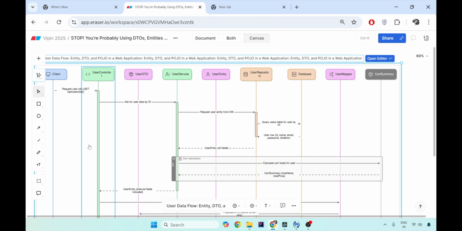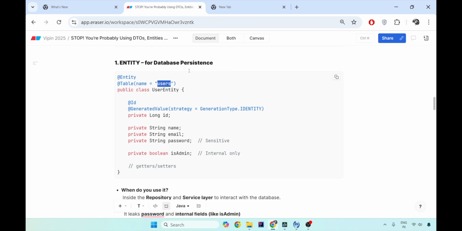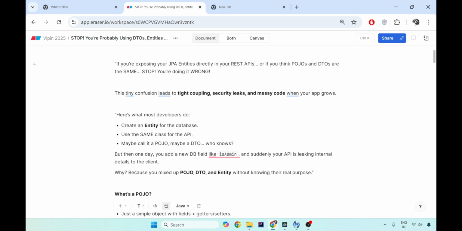Now coming to our flow, when we get the request, the first mistake that most of us make is, since we are at the backend, we see, okay, this is a user entity. I have to store this user information, their name, ID, password, role, their address into the table. And I have to return the same name, address to the front end. So we make this user entity common between the database and the client. So good so far, nothing wrong till now. This is the first wrong thing that we do.